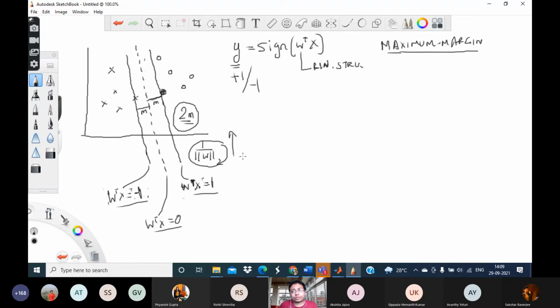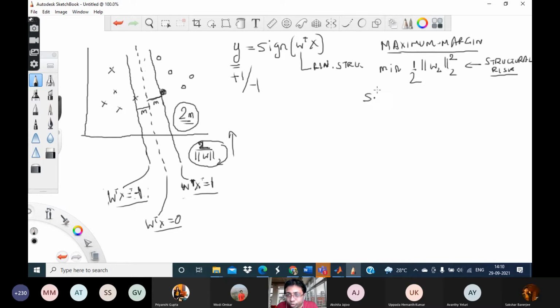Now maximizing this obviously means minimizing its reciprocal. So I formulated an optimization problem in the following way: half of the squared L2 norm of W. If I want to maximize the margin, I will have to minimize this, but instead of minimizing the norm, I am minimizing its square. This is the structural property which I want to achieve. So this objective function I can call my structural risk, just like I did in the case of L2 ridge regression.